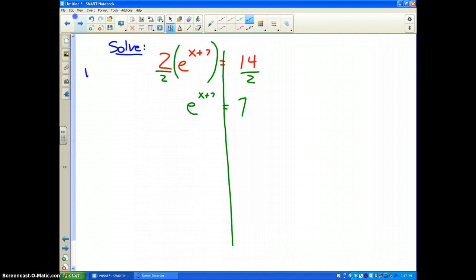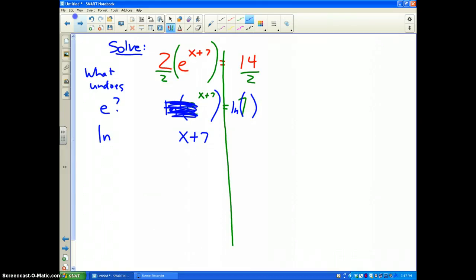Now, again, what undoes e? Well, that would be the natural log. So I'm going to do the natural log of both sides. Because ln and e cancel out, which will bring my power down, and I have x plus 7 equals the natural log of 7. Beautiful. So now x plus 7 equals the natural log of 7, which I believe is